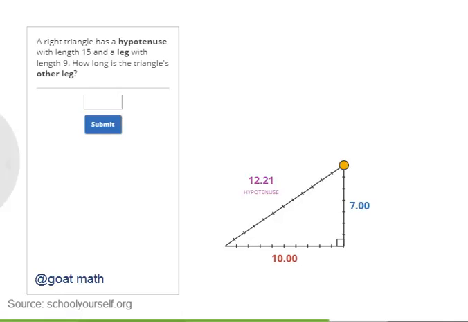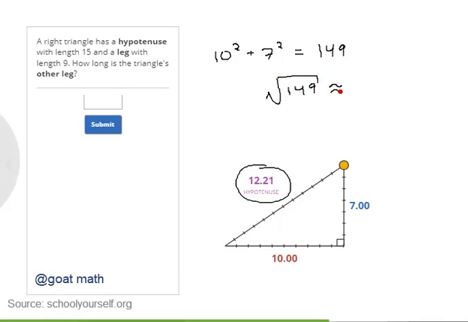Right, when the legs are 10 and 7, it looks like the hypotenuse is about 12.2. If we apply the Pythagorean theorem, we find that 10 squared plus 7 squared is 149, which means the exact length of the hypotenuse is the square root of 149. Sure enough, that's about 12.2. Next,